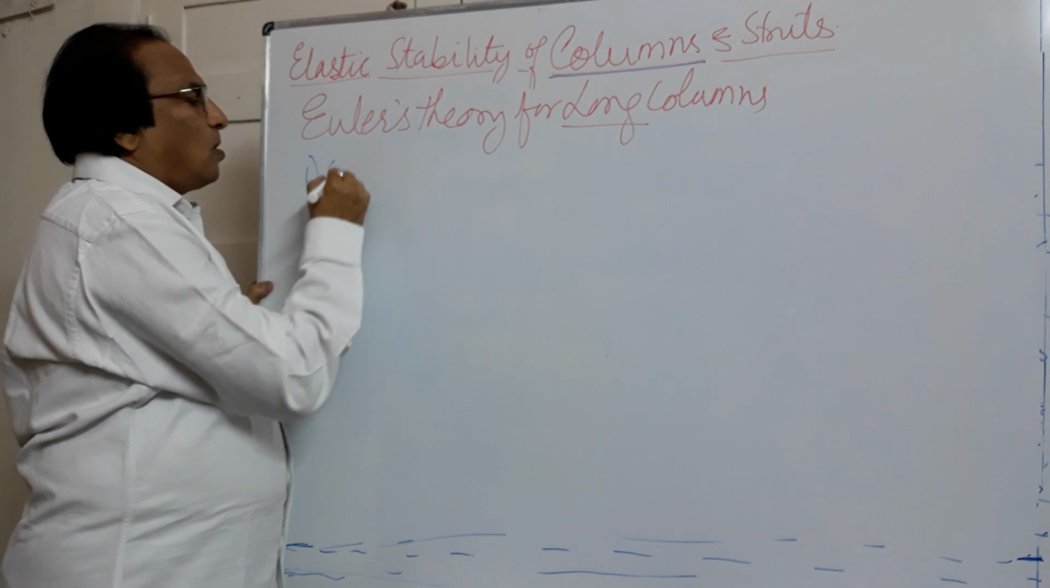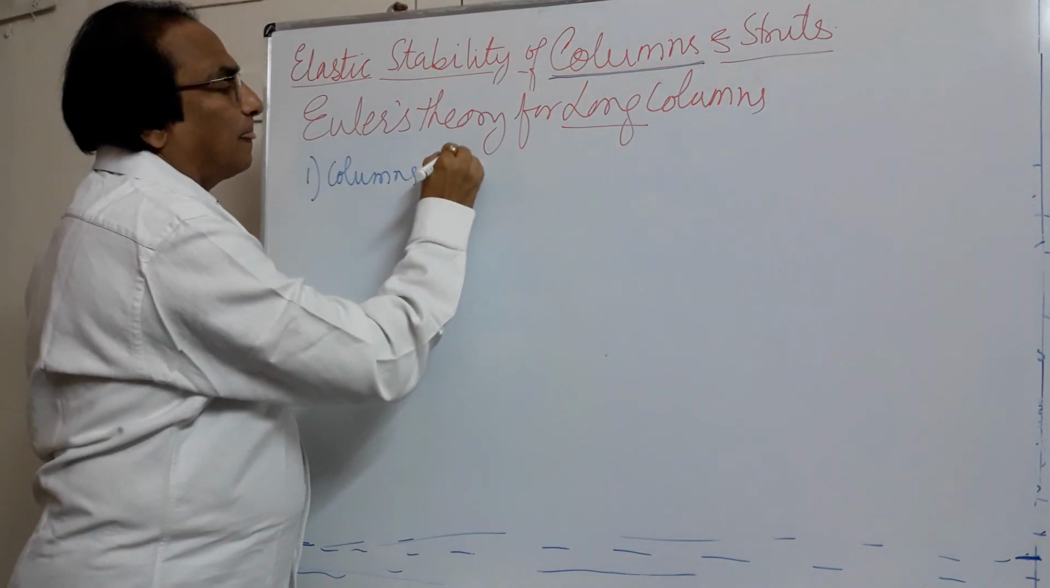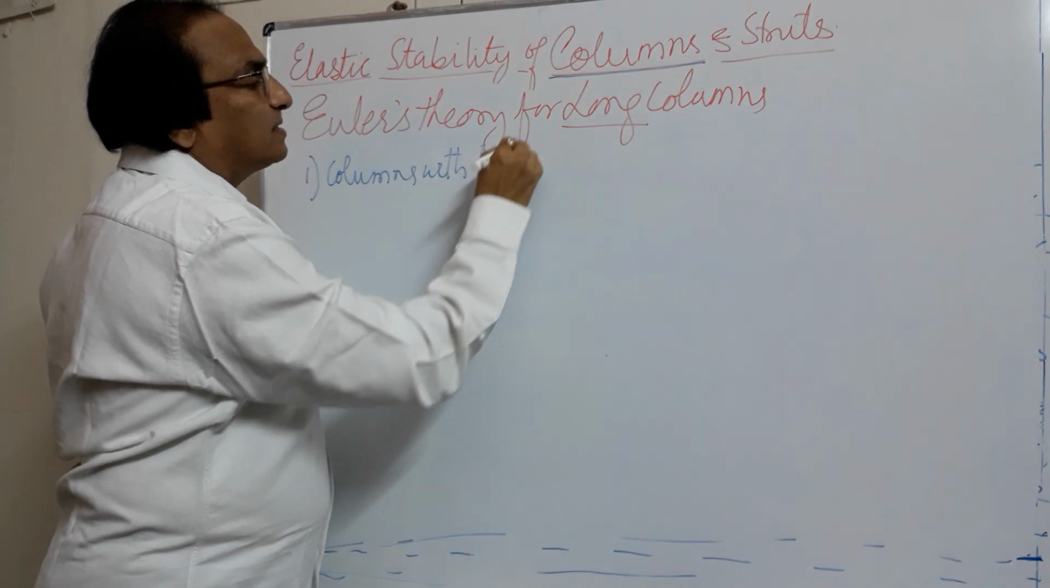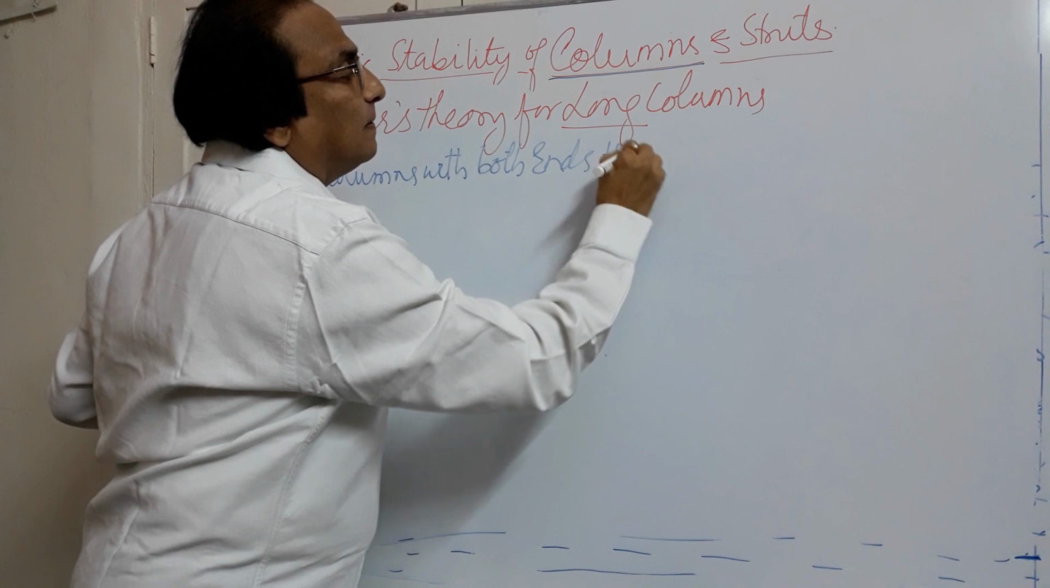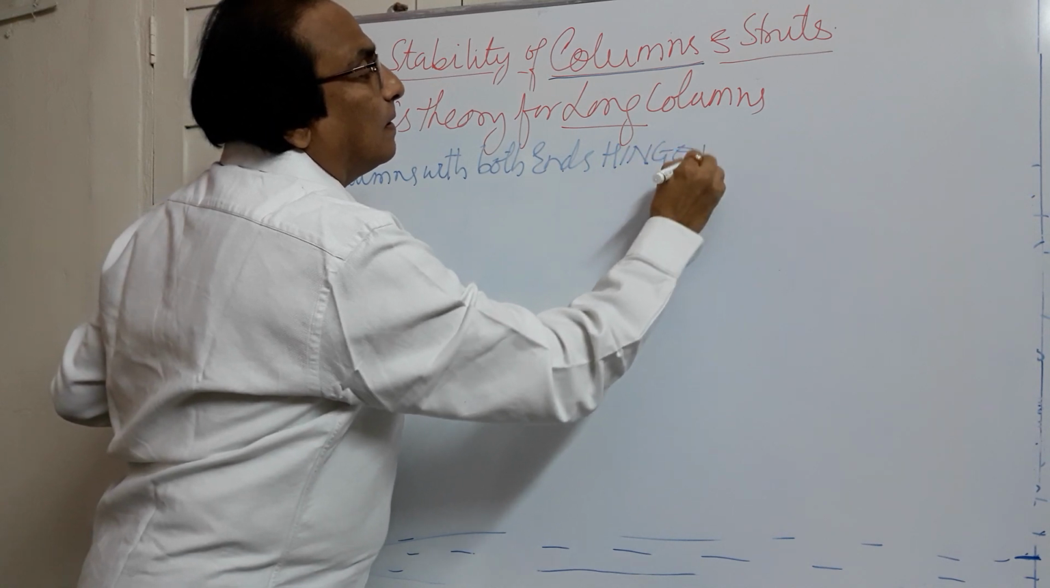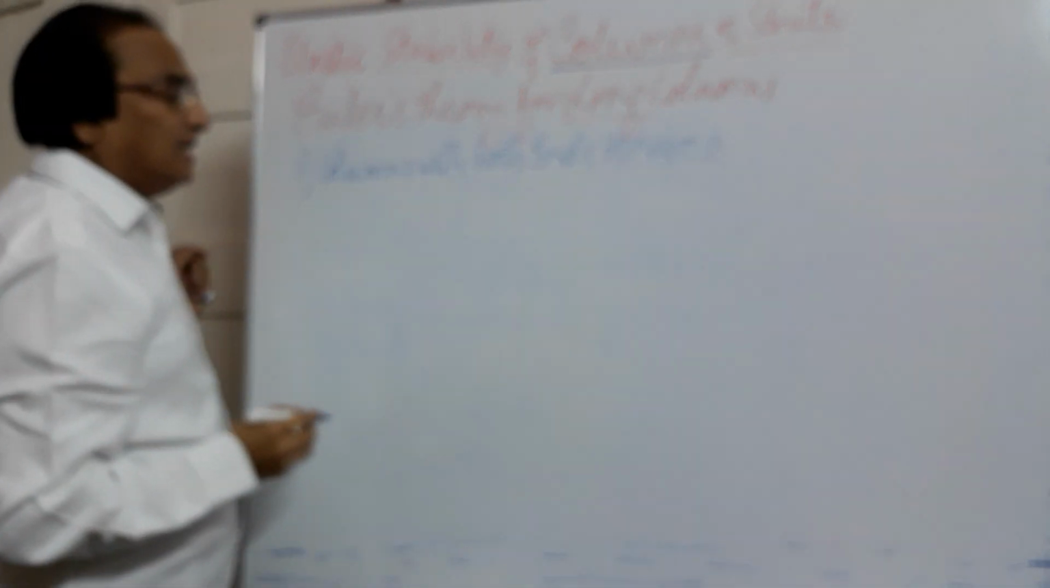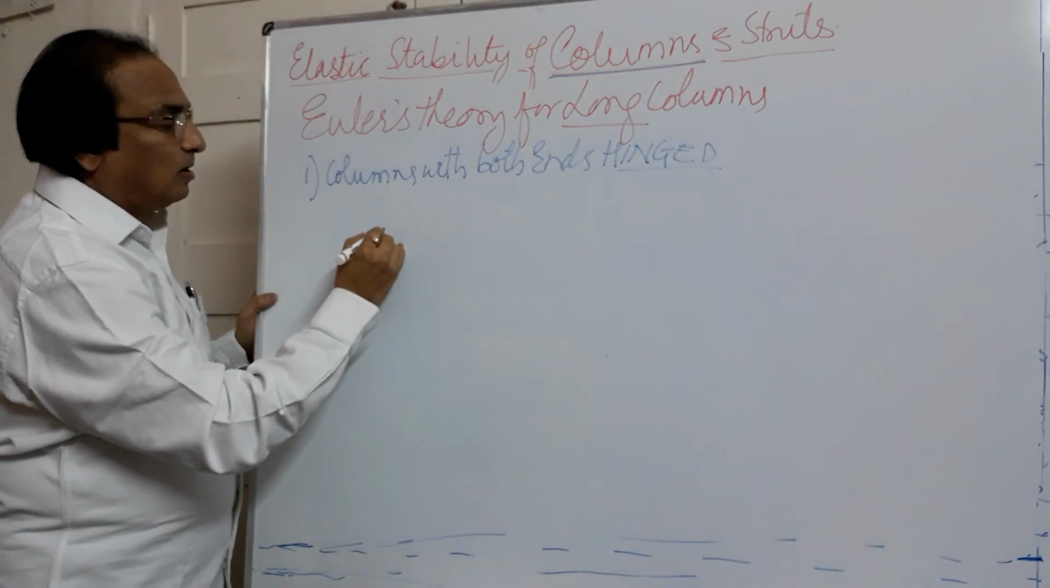So first we'll begin with columns with both ends hinged. Columns with both the ends hinged. Suppose if I take a column here,